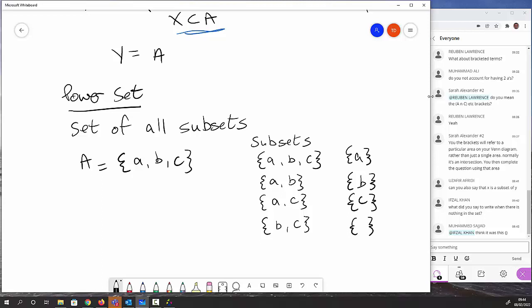If we've got the set A containing A, B and C, the subsets we've got are A, B and C, A B, A C, B C, so that's all of the 2's. Then we've got A B C, so that's all the 1's, and then we've got a 0. So we've got 1, 2, 3, 4, 5, 6, 7, 8. 8 is equal to 2 cubed. We've got 1, 2, 3 elements, so the number of subsets